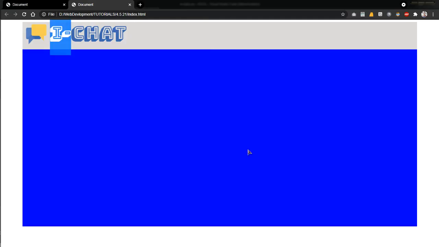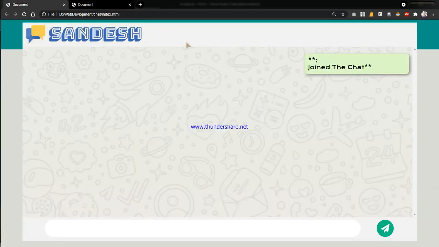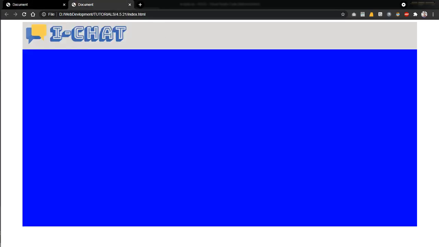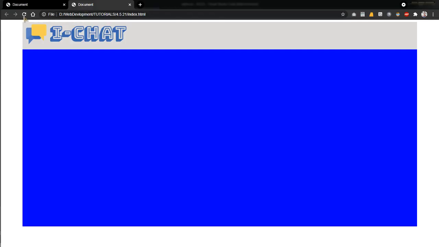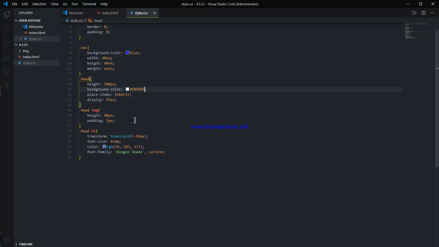I'll delete this. I got a really good color, because the color we can see right here kinda looks dull. So let's paste it. That is F0F0F0, and it looks better now.